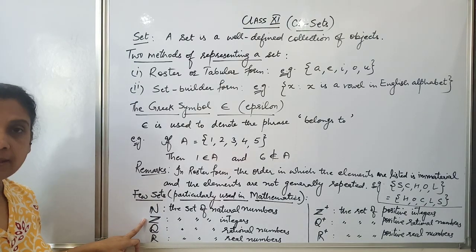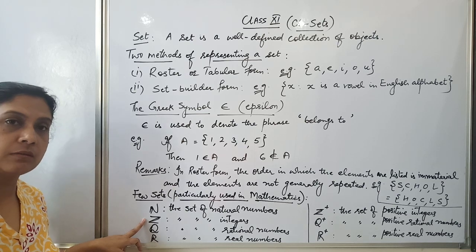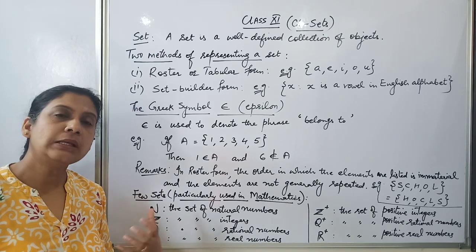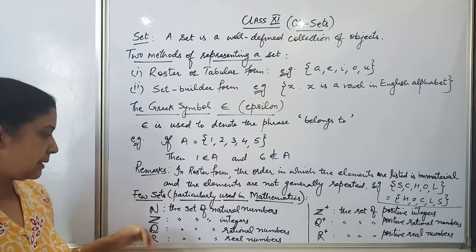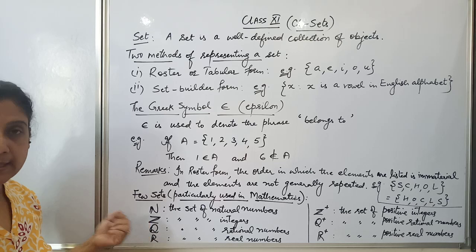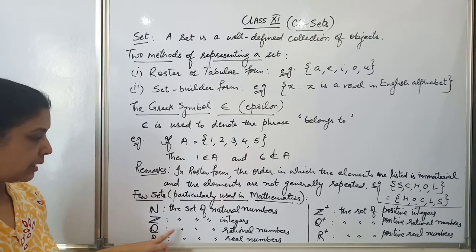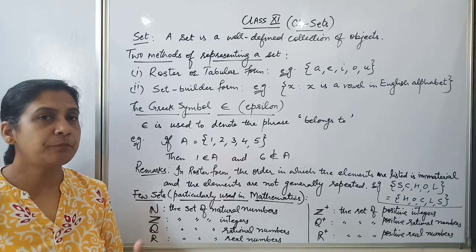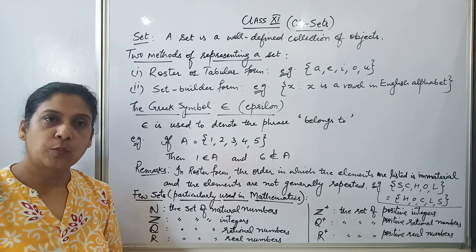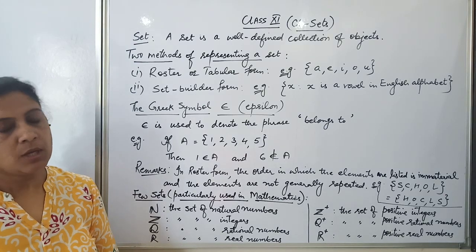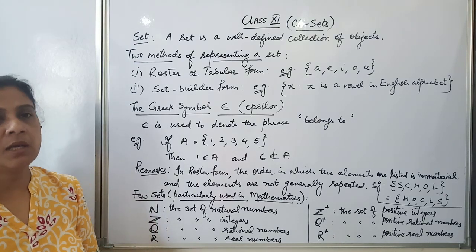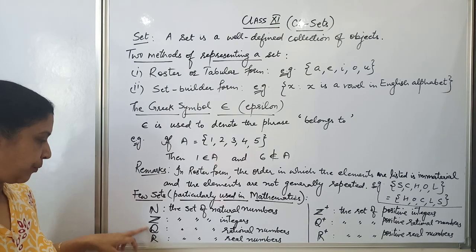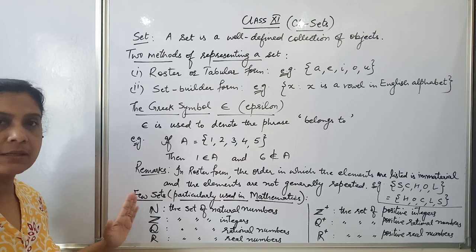Next is Z, Zed. You have studied it in class 9th also. Z is a set of integers in which we have the collection of all integers. This is the set Z. You can see it is also highlighted from one side. Q represents the set of rational numbers. All the numbers which can be written in the form of p by q, where p and q are co-prime integers and q is not equal to 0. If I collect all those rational numbers, that collection, that set will be represented with the letter Q. So these are standard notations. You can use these in questions.